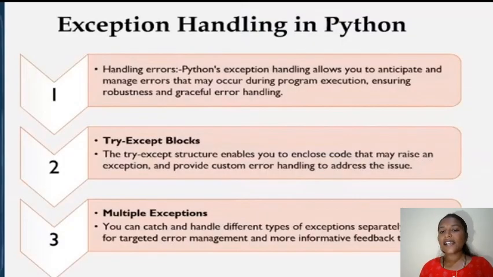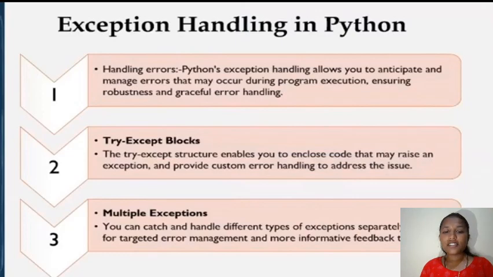Let us study exception handling in Python. First step is handling errors. Python's exception handling allows you to anticipate and manage errors that may occur during program execution, ensuring robustness and graceful error handling. Second is try except blocks.